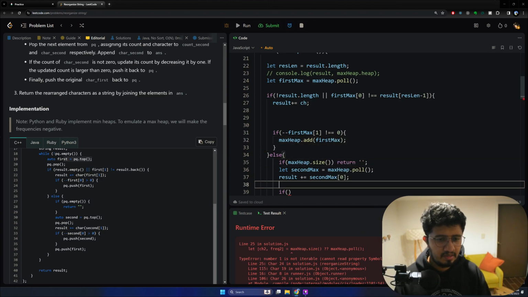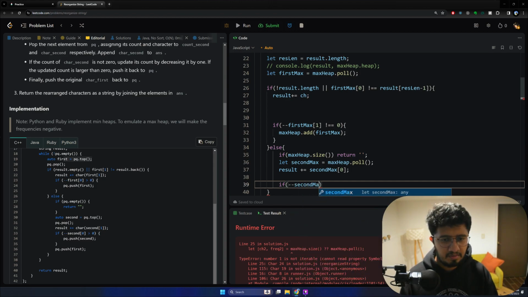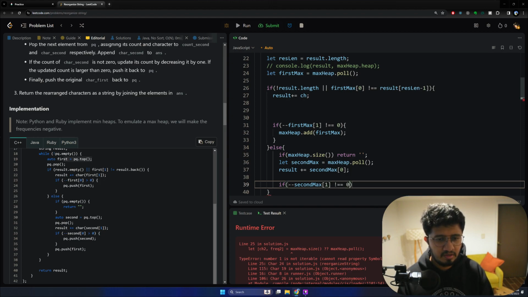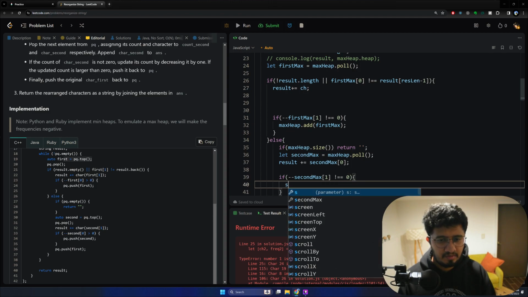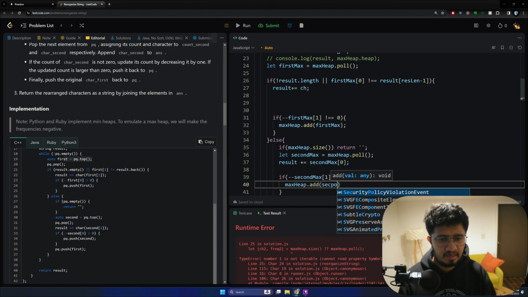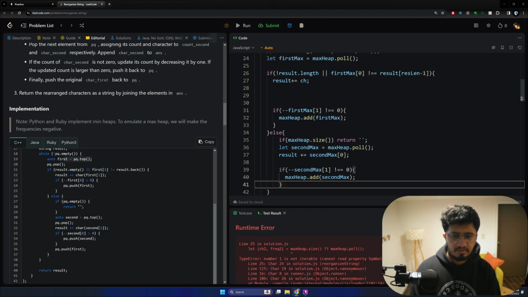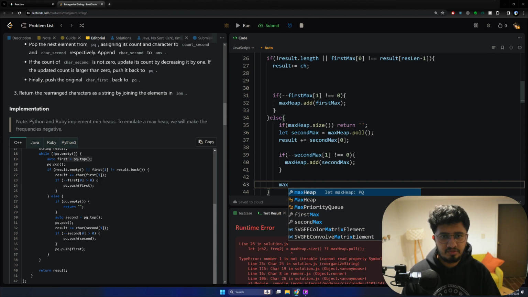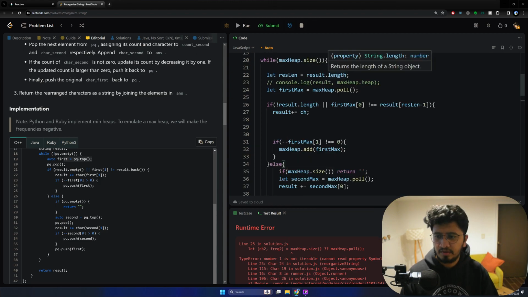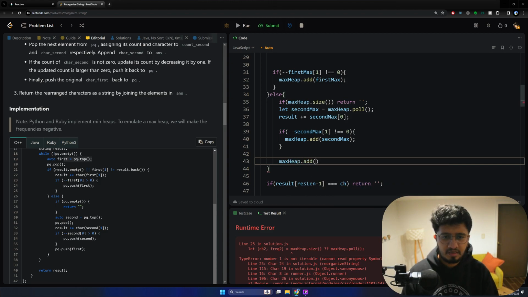And similarly, if minus second max of frequency count, like 1, is not equal to 0, then we can add max heap dot add second max, and also we can then add, because did we poll it already? Yeah, we polled it. So max heap dot add first max,